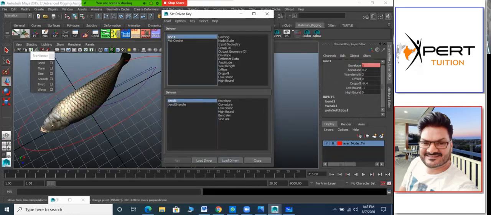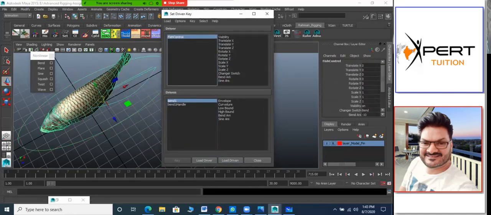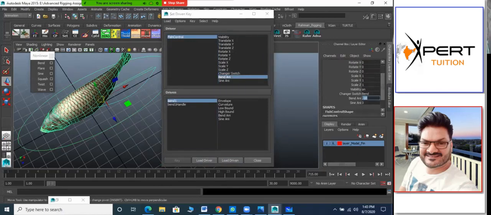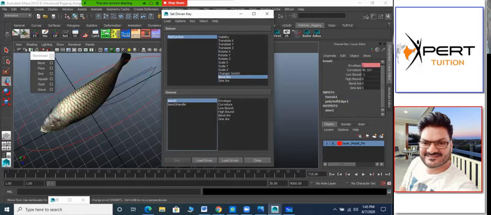And here the control is the driver. So the control I have selected, which is already in the bend mode, so we don't need to bother about that. Select the bend animation, any part. That is what we are going to plug here. Keep the 0 value first. First we'll keep it for default. Select this one. Select from here curvature value. Is it clear?